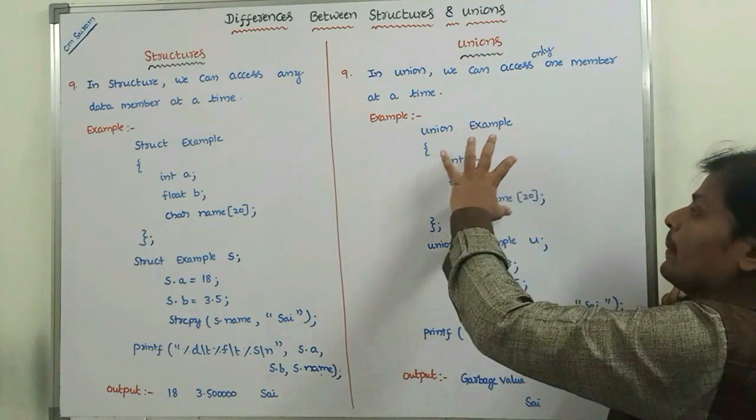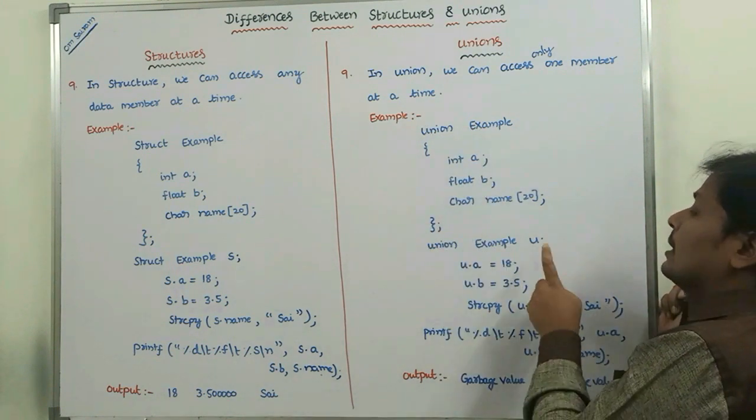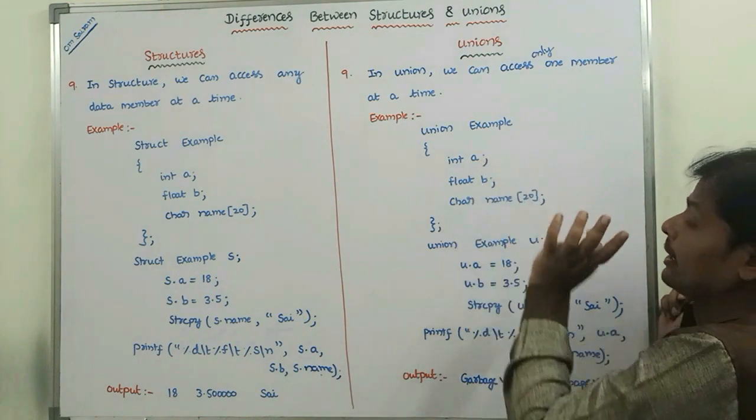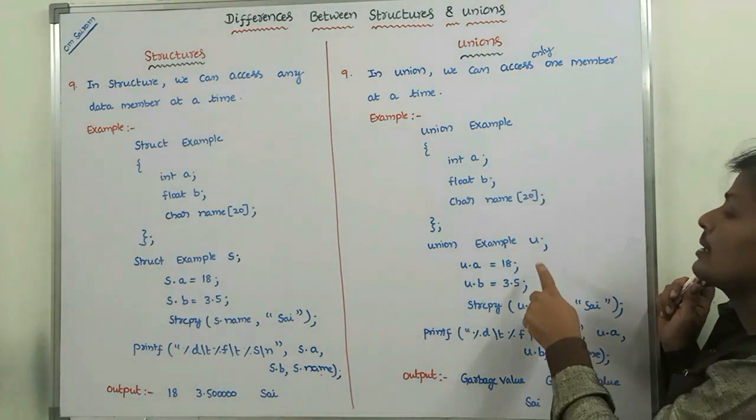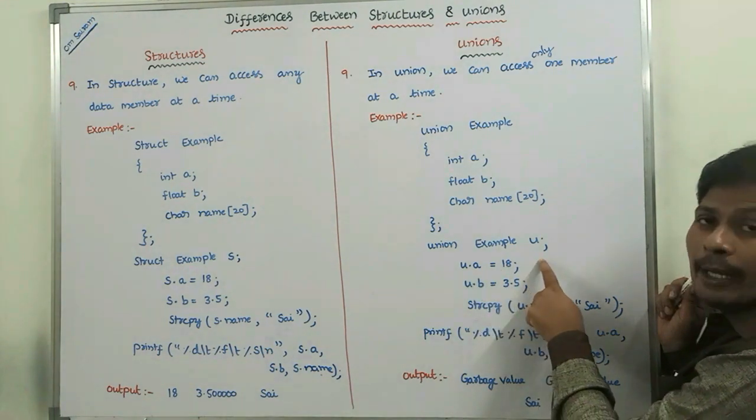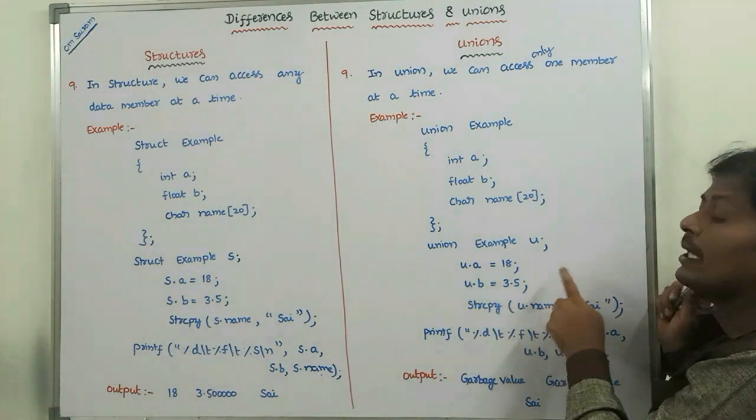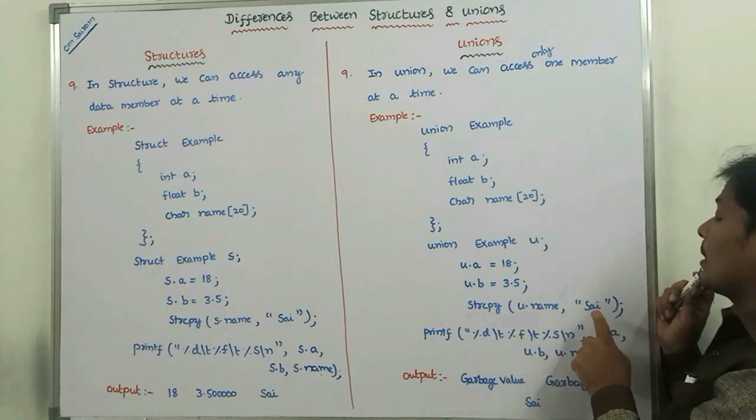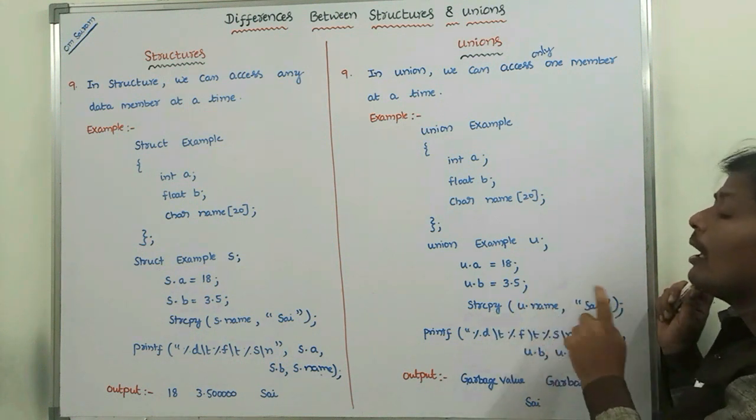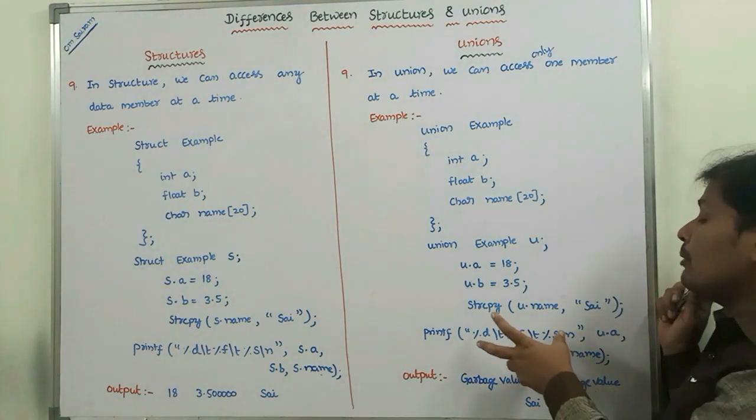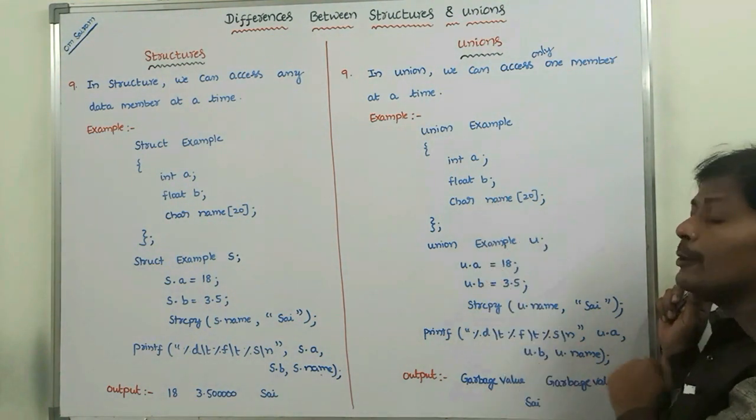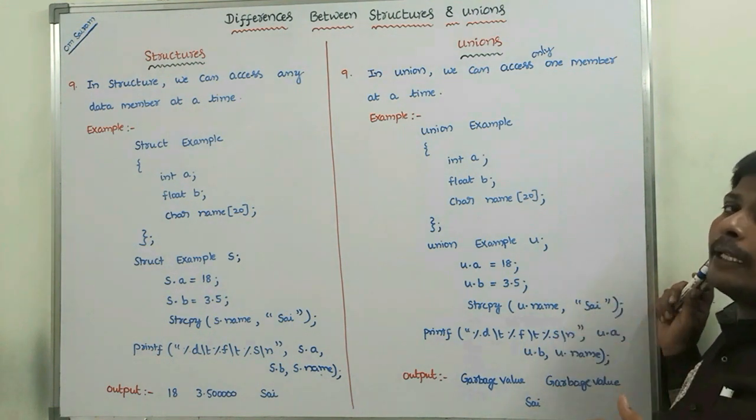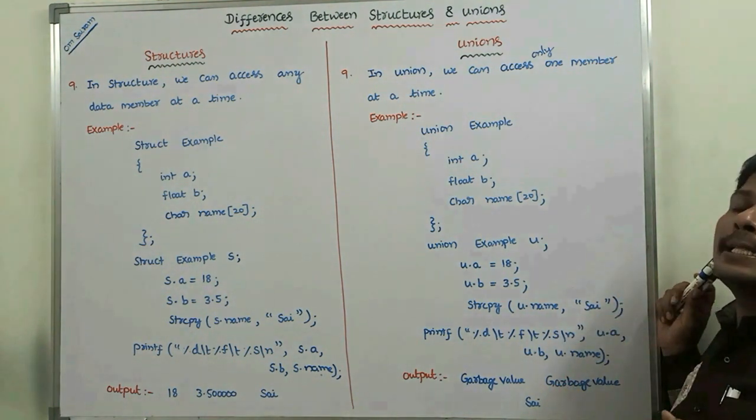Union example, these are the data members in the union. This is the variable that is created for the union. I am initializing u dot a is equal to 18, u dot b is equal to 3.5, and strcpy psi is copied into the u dot name. When we are printing these values, what values are printed? Whatever the last value that is accessed,